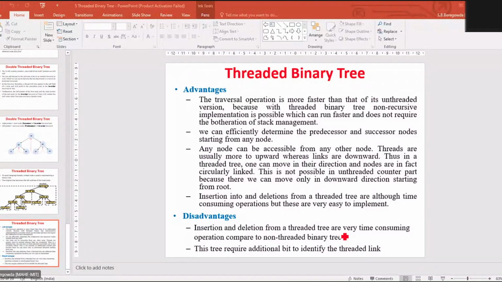75 is less than 85, so it is not going to maintain the max property. Then you have to swap these two. When I swap these two values, 85 becomes the parent node and 75 becomes the right child of 85. Okay, this is done. Now you keep proceeding with the rest of the tree.